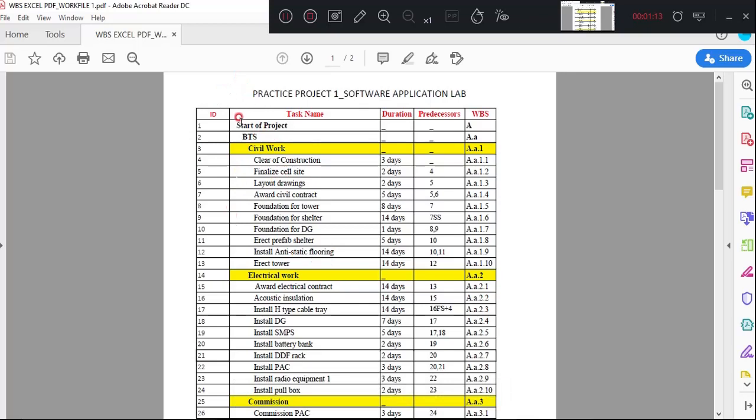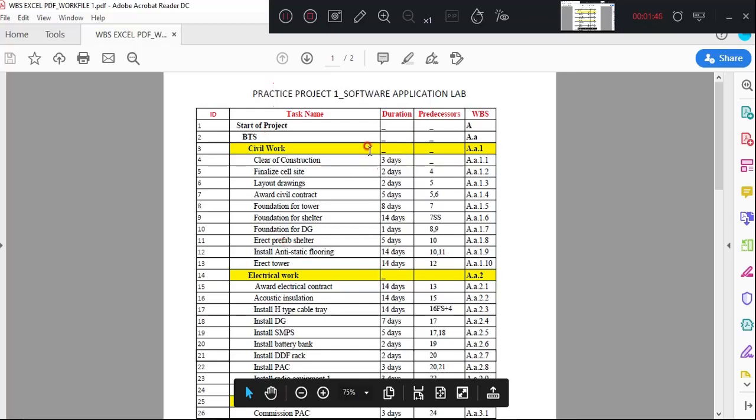The task name is nothing but the activities. You have to go on inputting the activity name along with the duration as given here in the example, and then the predecessor, which we have to establish along with the relationship. WBS is what we have to create. So once this is over.